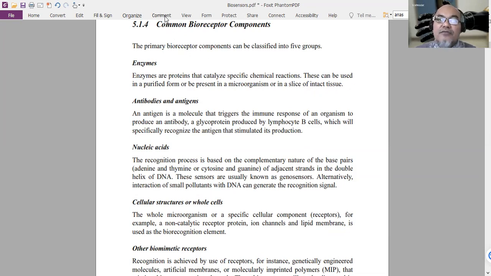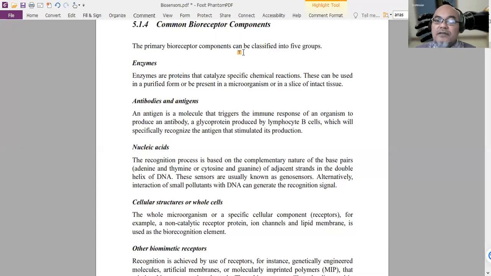Now, this is one way to make it cheaper. You don't have to purify it from bacteria or from a tissue, because maybe it is too difficult and too tedious, and it requires a special column to purify it. But instead, you can just take the microorganism, bacteria that has a specific enzyme, or tissue that has a specific enzyme, and use it as is, as a bioelement in a biosensor. But of course, it comes with a catch. There is a drawback in using